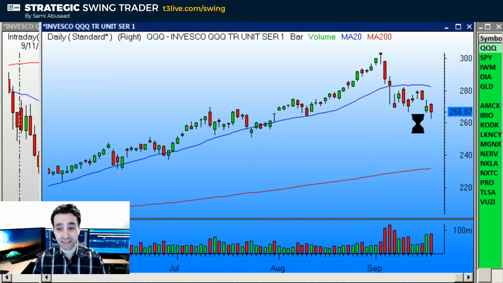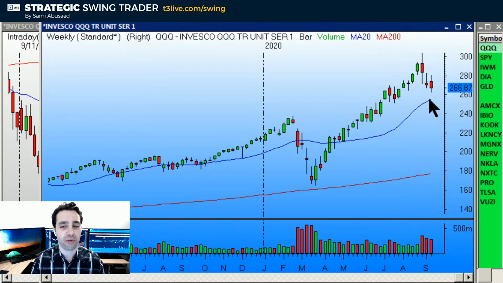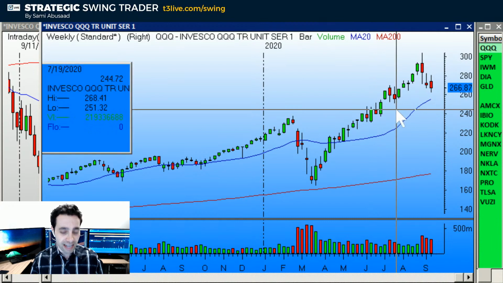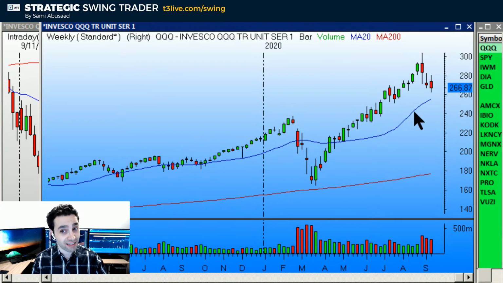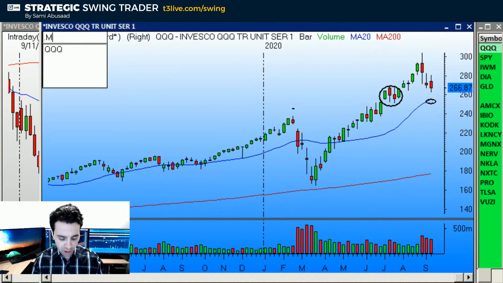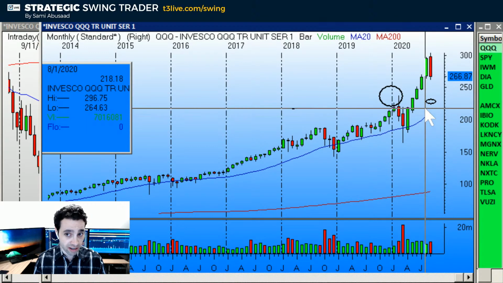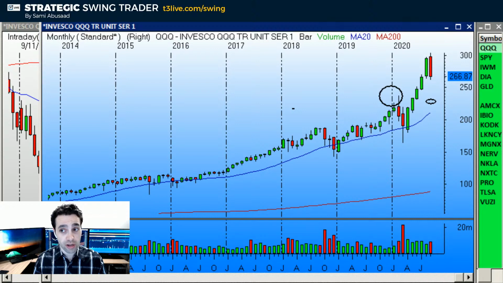The target remains the same, around 260 or so, maybe slightly lower, the rising 20 on the weekly chart. And if we get there, we'll see what the reaction is to the rising 20 and the support. Based on that, we'll decide whether the market drops to the 20 MA on the monthly or not, which I don't expect it to go all the way down to, but maybe to 240 or so on the